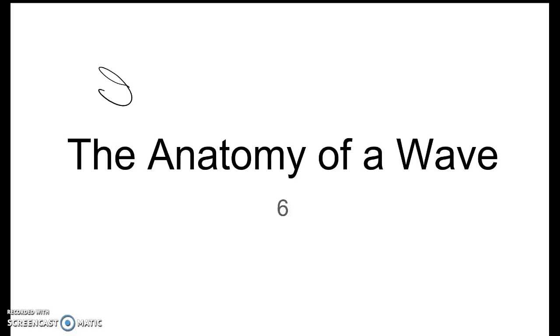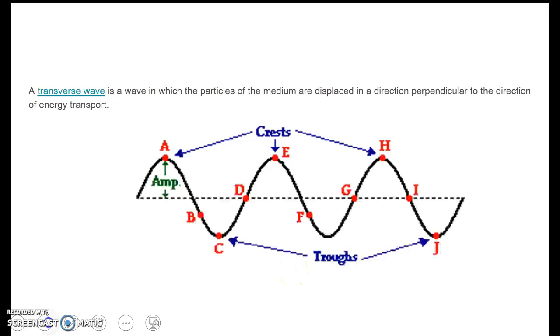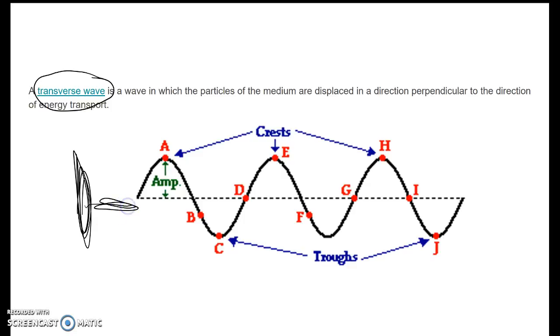Today we're going to look at the anatomy of a wave, or parts of a wave. We're going to look at a transverse wave, which we know is vibrating up and down particles that travel perpendicular to that, so they travel horizontally. What we're going to look at are some parts of the wave, and the first part is this distance right